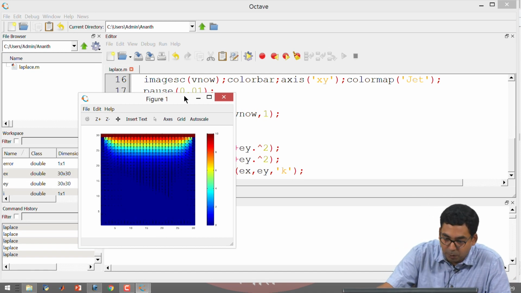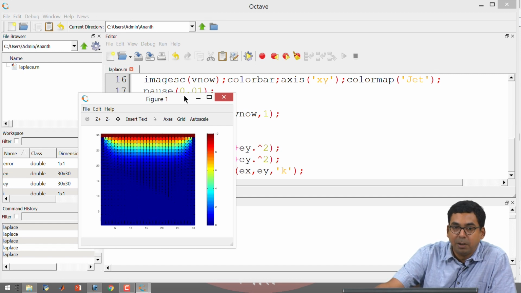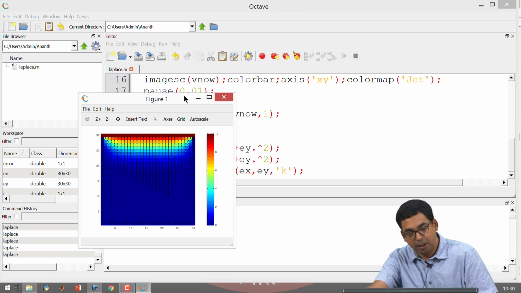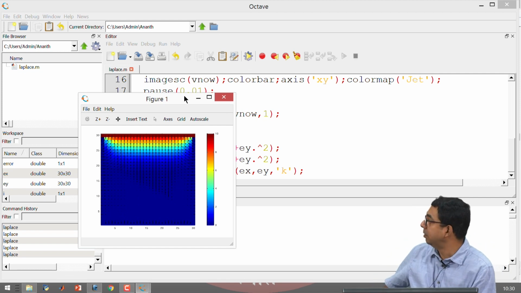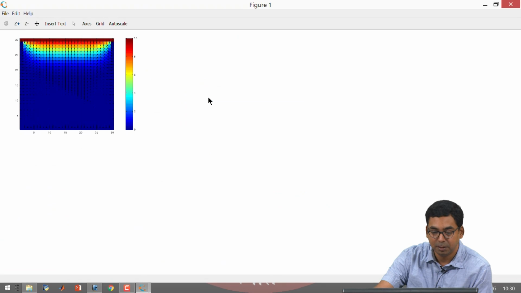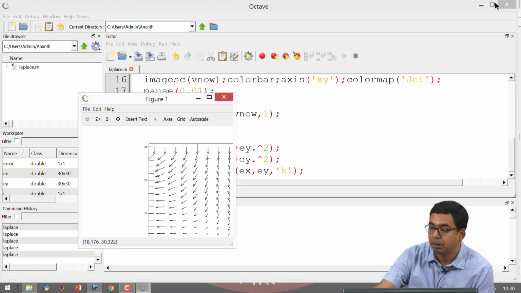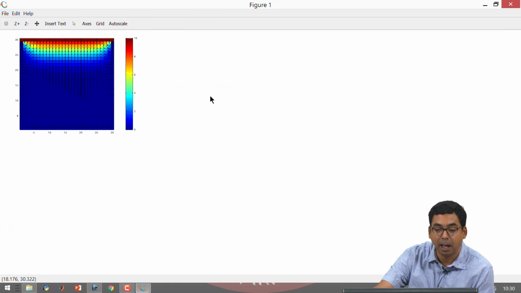Okay. Now, I have the arrows starting from the top plate, all right, which depict the electric field. They are going downwards, and then there is a region where the arrows are not visible at all, right, or where there are no arrows that have been calculated, and then the arrows are terminating at the bottom plate, on the side plate, on the right side and the left side.